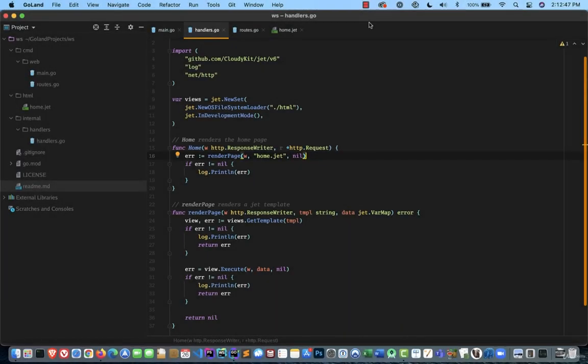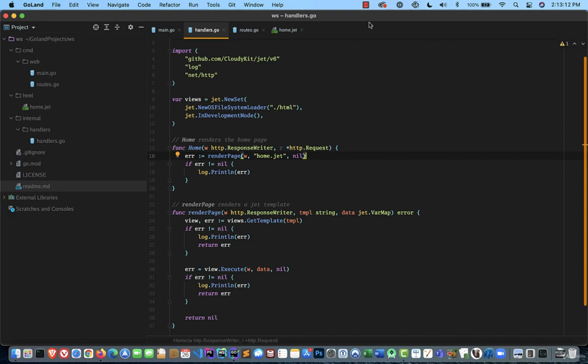So far, our web application just does one thing. It listens for requests to the home page and renders an HTML page, which isn't terribly exciting. So we need to actually create some more handlers. And the handler I want to create right now is not one that renders a web page. Instead, it's one that takes a regular HTTP or HTTPS connection and upgrades it to a WebSocket